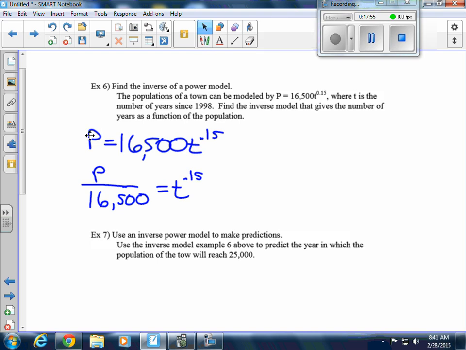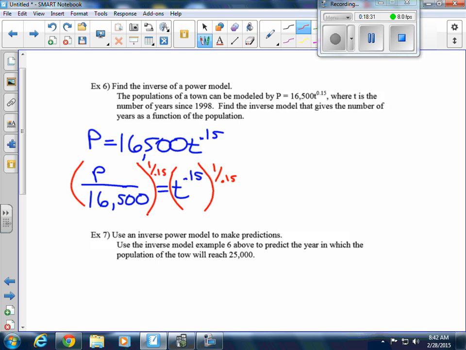Now, if this was t squared, we would take the square root of both sides. If it was t to the fifth, we'd take the fifth root of both sides. So it's the same thing here, except now it's 0.15. So we're going to take the 0.15 root of both sides. To do that, this is really going to be 1 over 0.15. We're going to raise it to that power because 0.15 divided by 0.15 is 1. So now we'd be left with t to the first power. If I do it to that side, I have to take that root to this side as well. So I'm going to raise it to the 1